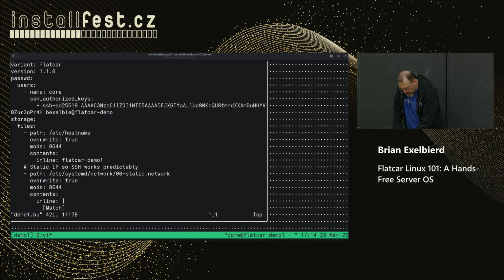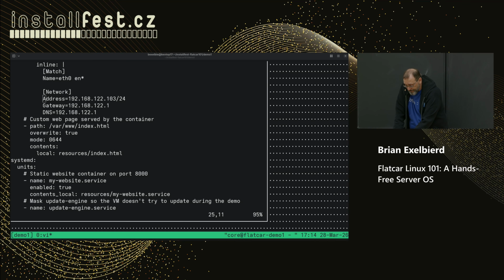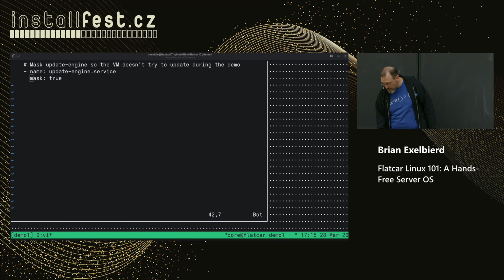I've also set a host name and a static IP using systemd so that I can find the machine. I've also added a web page, which I just included. I can show it to you. It's basic HTML because I'm going to be running a web server. And there's a systemd service here at the bottom that will start the Docker container that's the web server. And I turned off the update engines because irony would be if the machine rebooted underneath me during this demo.